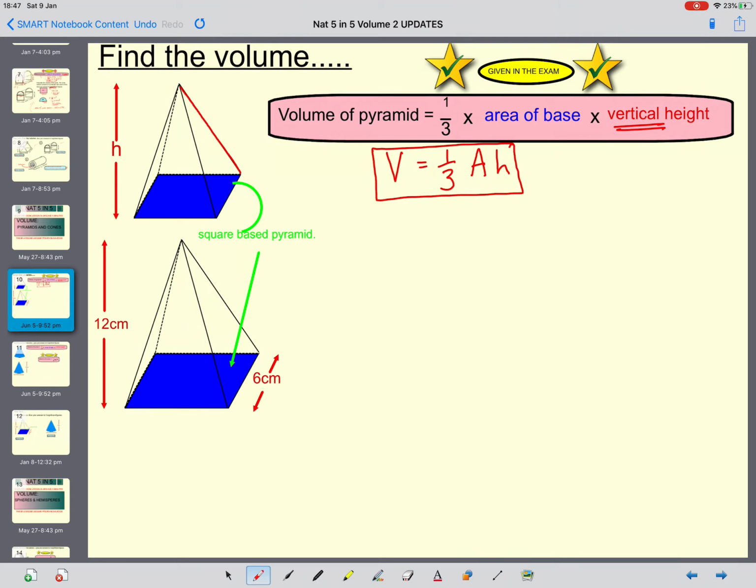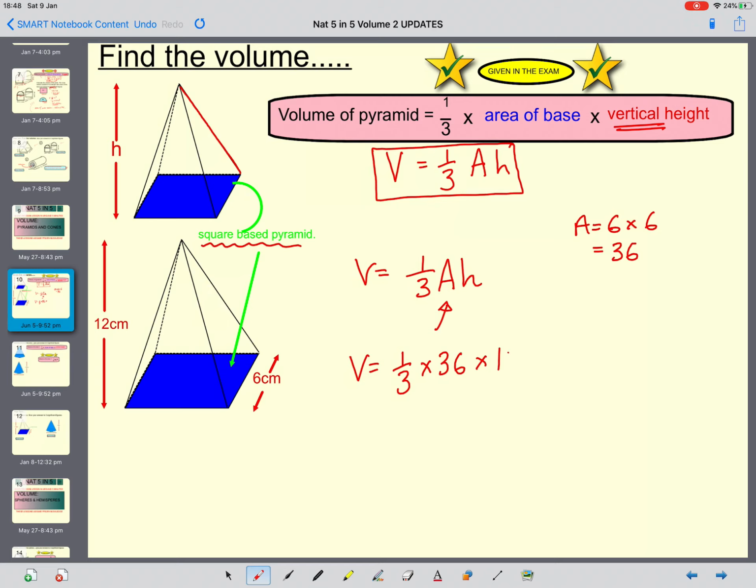So let's look at the one at the bottom. So volume equals a third multiplied by A, which means the area of the base, multiplied by H, which is the vertical height. So I've told you here that this is a square base pyramid. So this A here is going to be the area of the base. So the area of the base is the area of the square, which is going to be 6 multiplied by 6, which is 36. So you can write the volume equals a third multiplied by 36 multiplied by the height of 12,